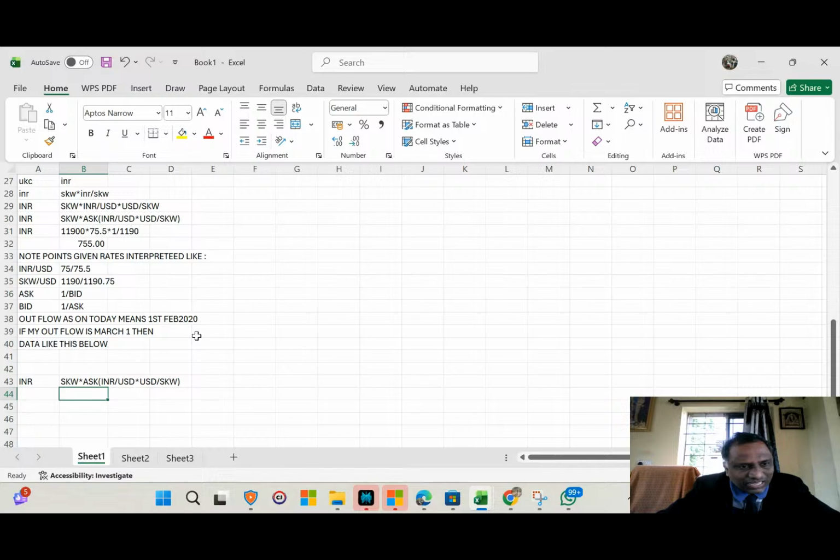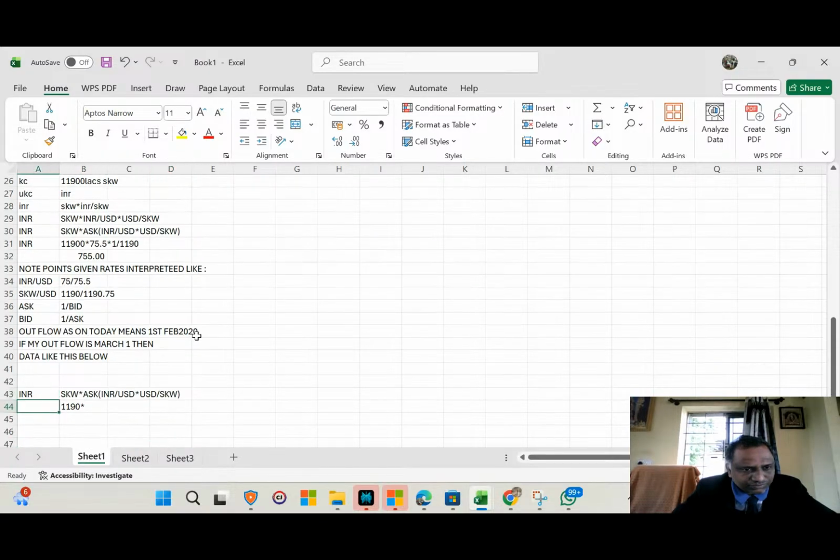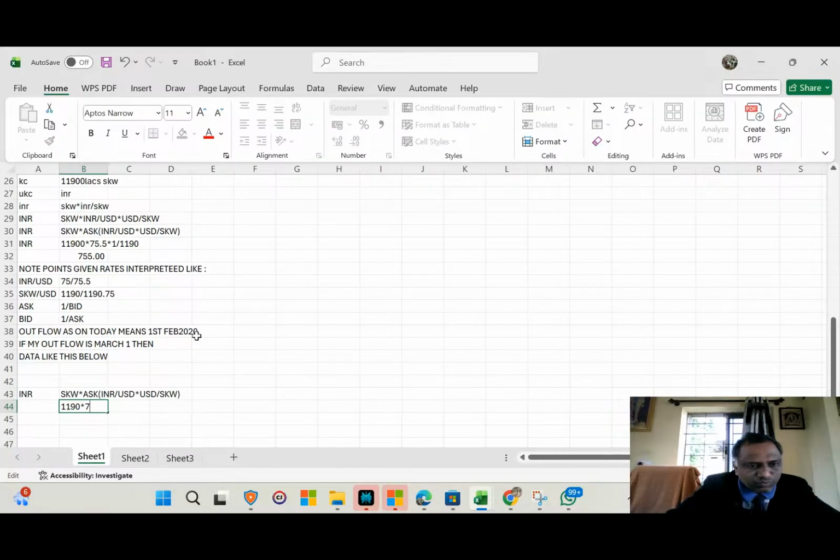But here 11,090 into ask INR divided by USD. Ask INR divided by USD, 75.5. No doubt, 75.5 into